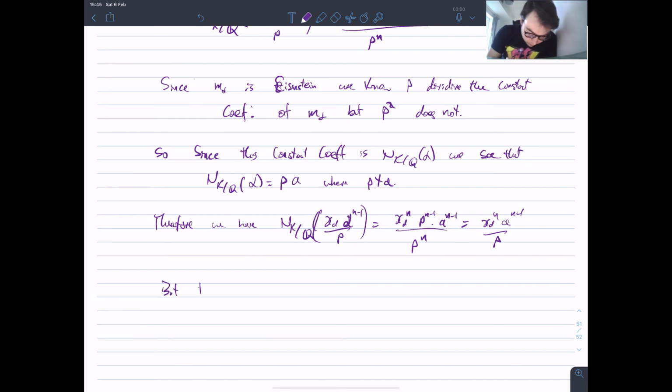But this can't be in Z, since p doesn't divide x to the d or a. A is not divisible by p by assumption, and the norm is only divisible by p once. So once I've taken out the power of p, there's nothing left to divide a. And this gives us a contradiction. So this can't be in Z since p can't divide x to the d or a, and this gives us a contradiction,